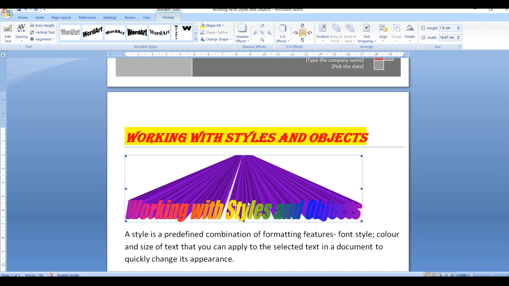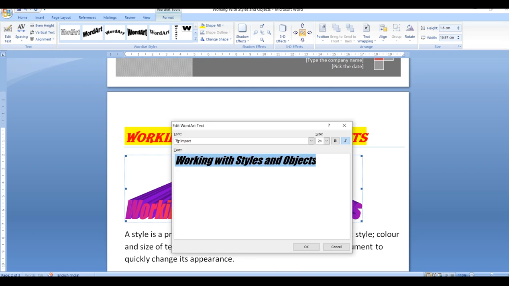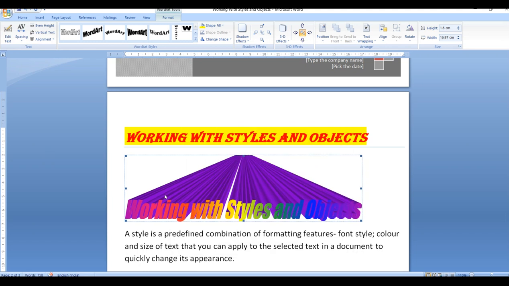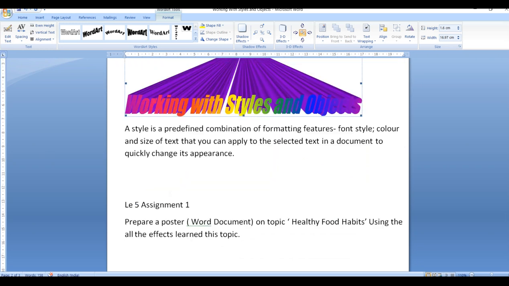So I will just select the word art and go to the format tab. In the format tab, you are having edit text. So you can edit the text as per your requirements and say OK. The text will be edited on the screen where you have used the word art.